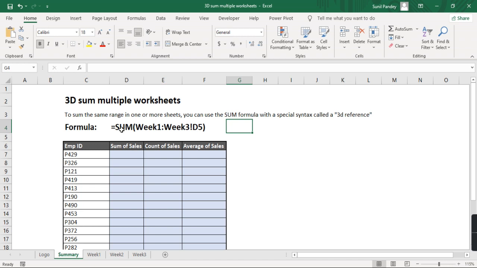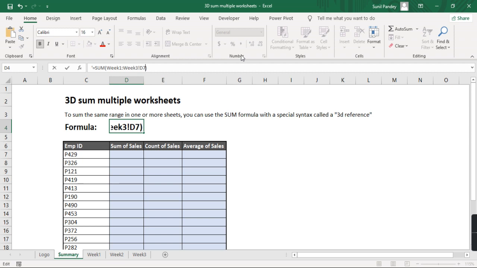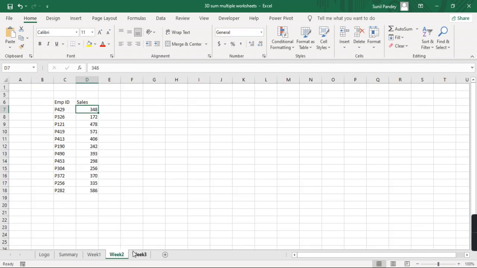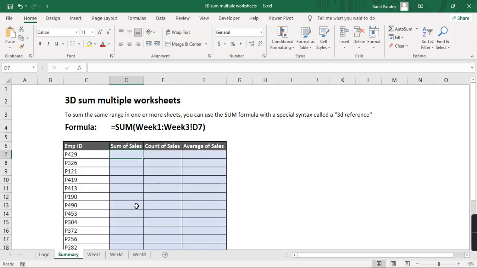So this is the formula: sum, week 1 to week 3, and the range is whatever it is. It could be D5, D7, but it should be the same range for all the sheets.